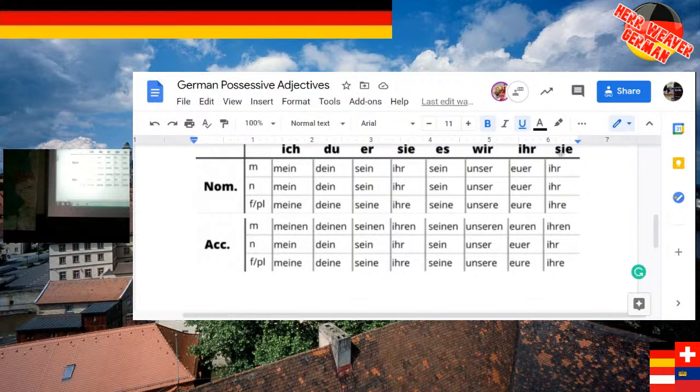And when is the only time that an en ending could ever occur? Right. So a masculine word you're showing possession of in the accusative case or direct object. That would be en. Other than that, you're not going to see that en. And that's not an uncommon occurrence.